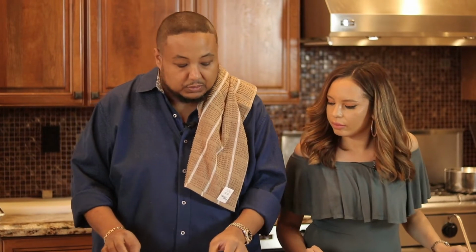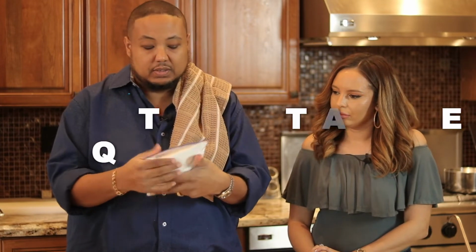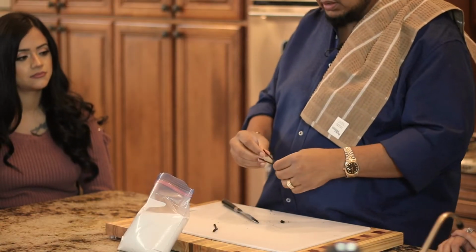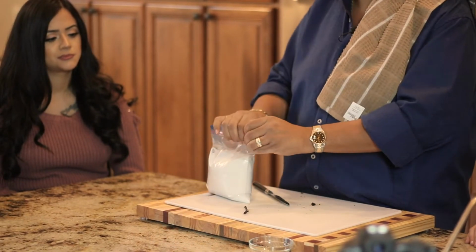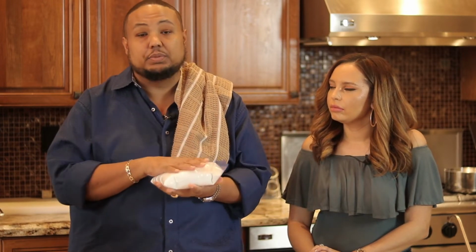And what you can do, actually, if you want to grab that bag, here's the At the Table with the Herndons quick tip. If you have a bag of sugar, you can actually take these vanilla beans and put them into the sugar and seal it up. And in about 2 days, the oils that are in the vanilla bean will actually permeate into the sugar, and you will have vanilla sugar,